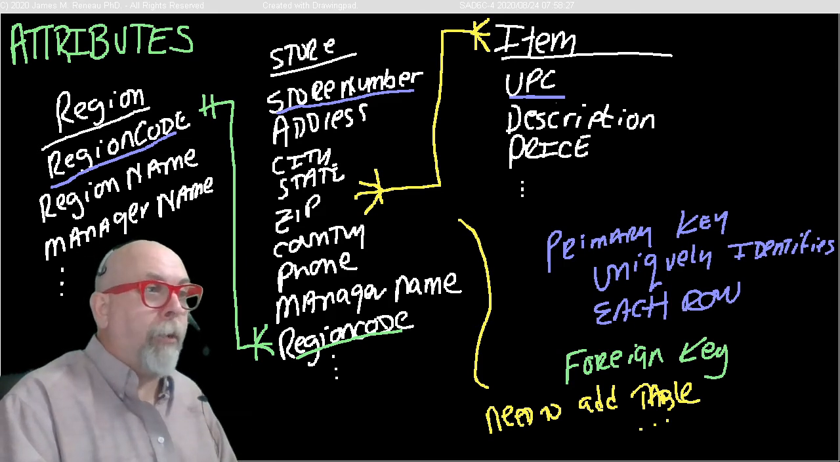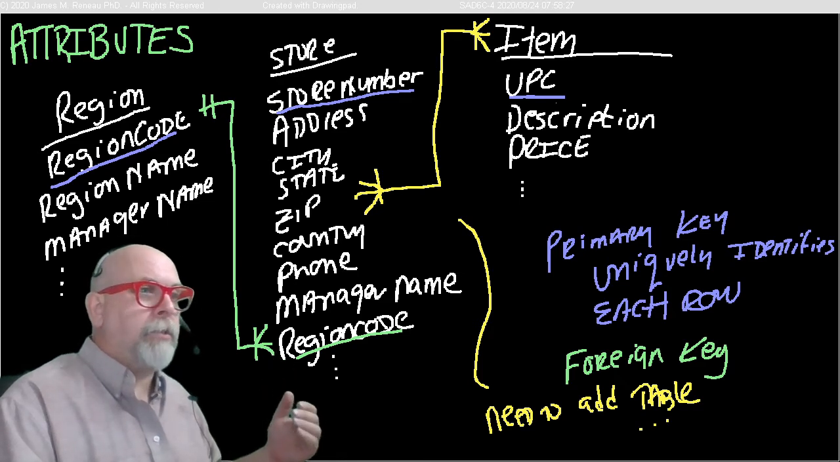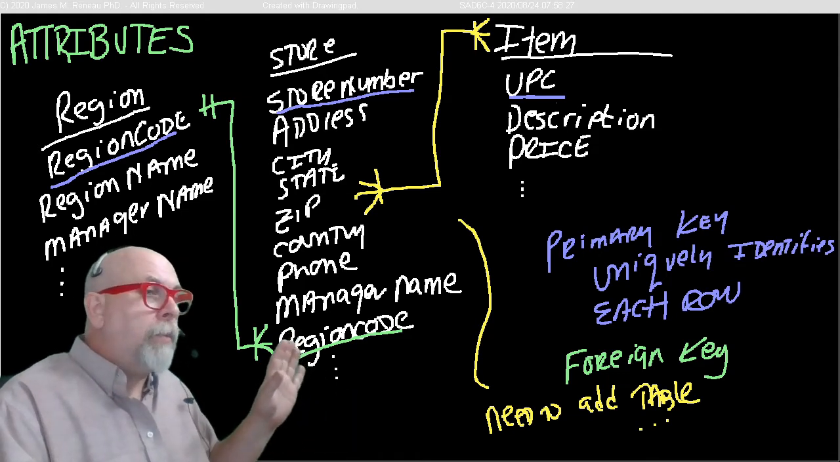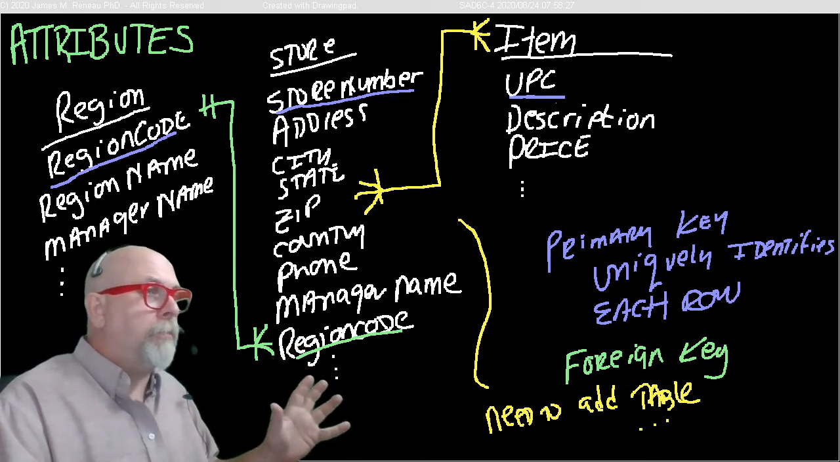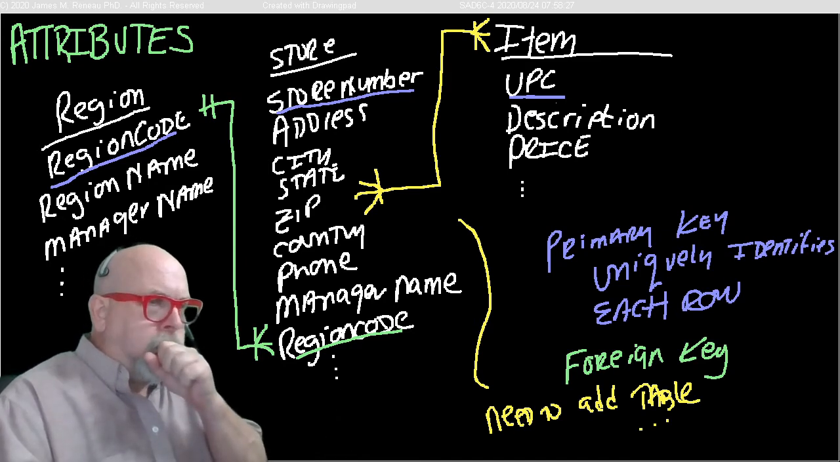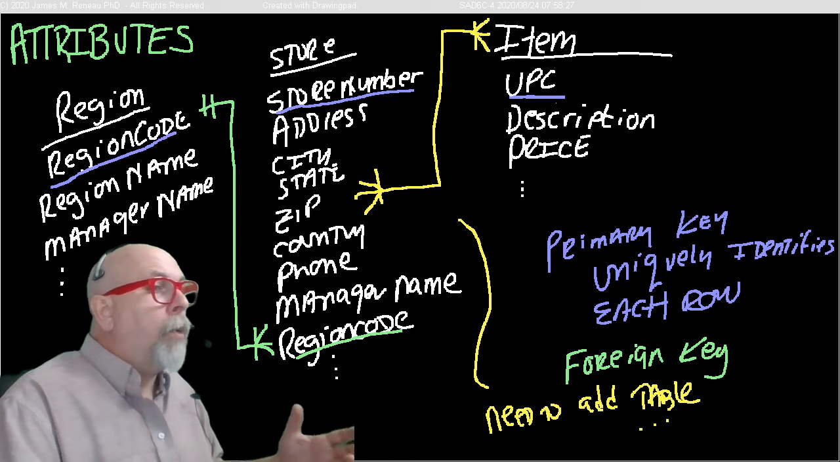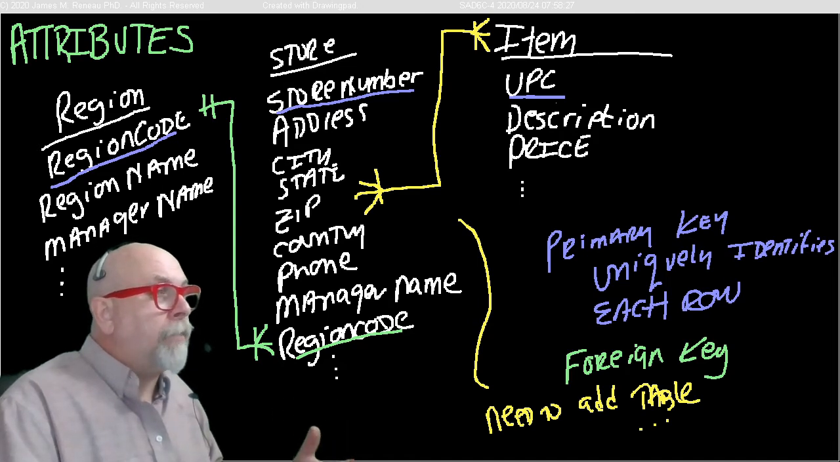An item will have a price. And an item may have a lot of other attributes, color and what category it belongs to or whatever. But you can see that we've started creating the attributes. Now, the next step would be, now that we've identified attributes, what would be good primary keys for these tables